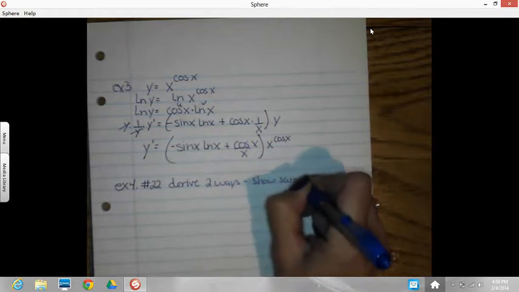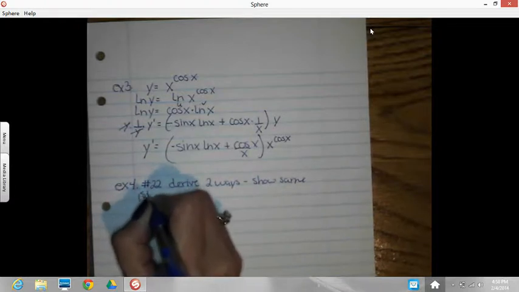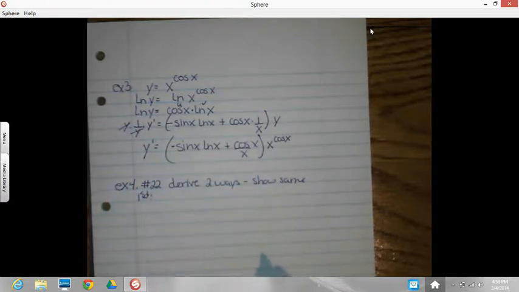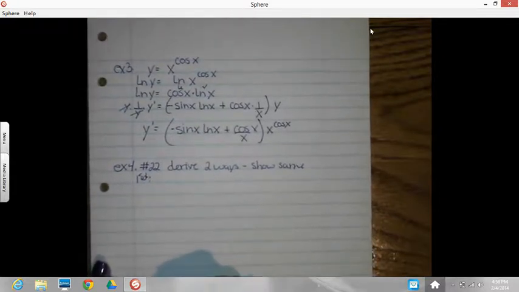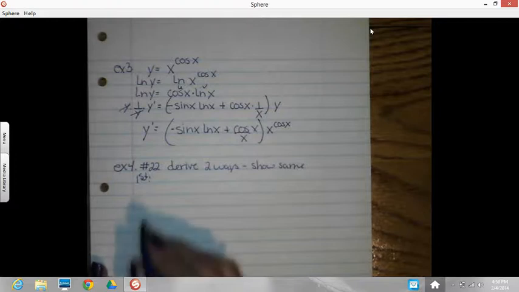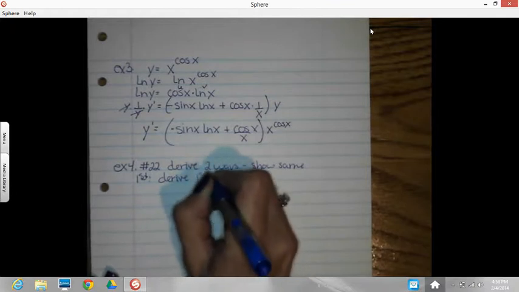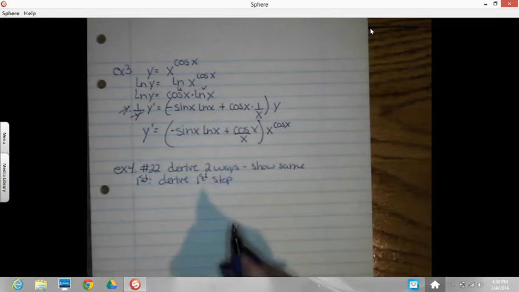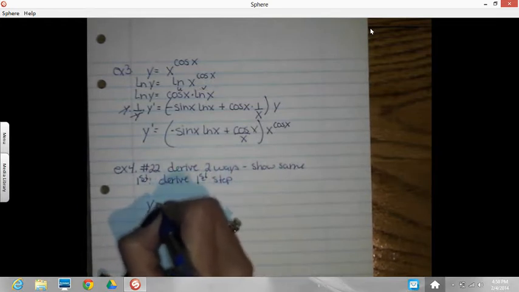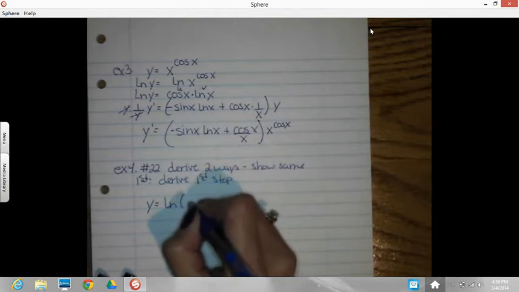The first way is just to jump right into the derivative. On the second way, we're going to use a log property first to change it and then do the derivative. So first, do the derivative right off the bat. Derivative is your first step. So for this one, I've got y equals the natural log of, I'm going to go square bracket 4